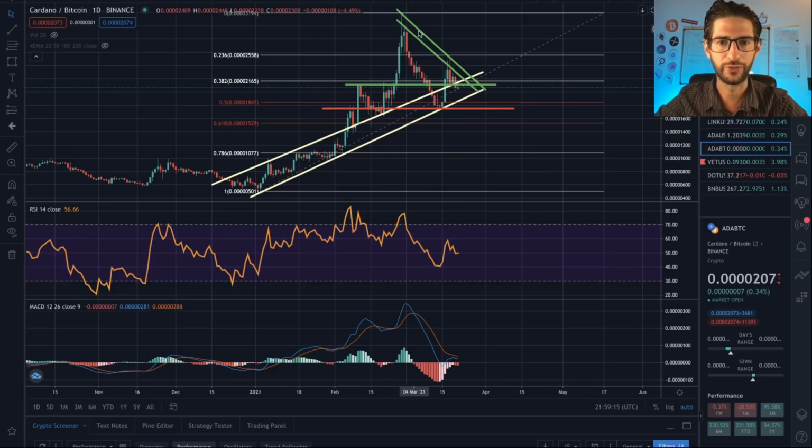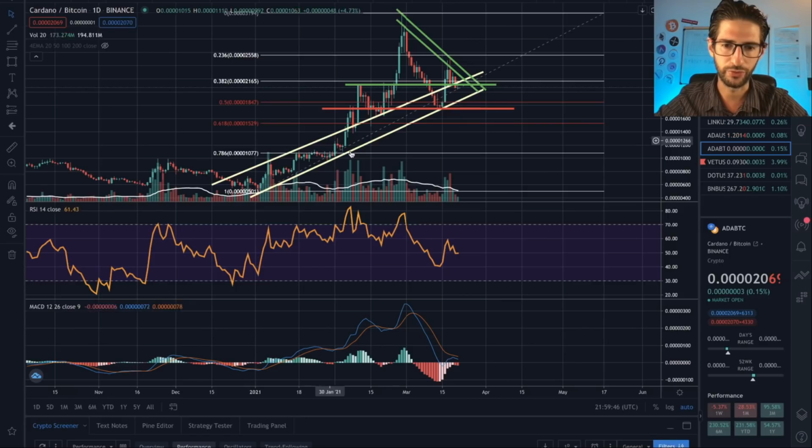We also have these two trend lines here, with only two touches, so I will not give too much significance, but we could see some kind of triangle here. One of them is using the candle bodies, which is what I prefer. The other one is with the highs of the wicks. In any case, we can see a symmetrical triangle that we have been forming. So maybe we could have a break from this pattern if we consider it valid.